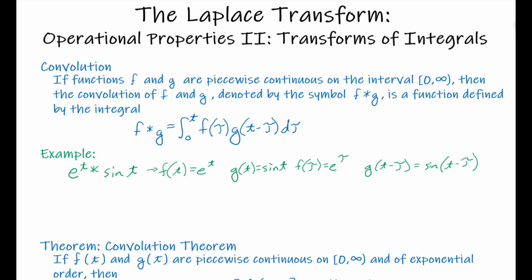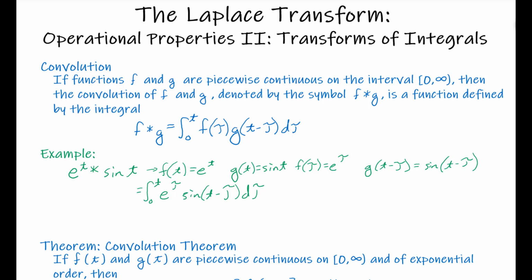So now, by the definition, we're going to be taking the integral from 0 to t of e to the tau sine of t minus tau d tau. Now we'll need to use integration by parts here because we have two functions involving tau, and when we